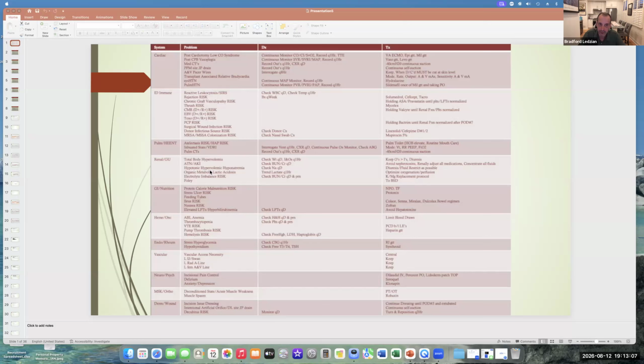You don't want to take a Foley out, doom them to have urinary retention, and then end up having the Foley need to be replaced again. I've had people where the Foley has been removed, the fact that they have BPH and are normally on a Flomax has been ignored, and they've gone into severe urinary retention such that they have basically the equivalent of a 20-week gravid uterus, meaning that their bladder is all the way up to the umbilicus.